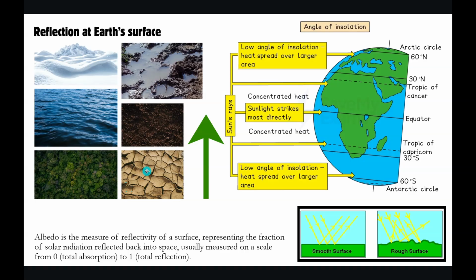See here, rough surface, completely dry soil, high reflectance, high albedo. You keep adding a little water to it, the color starts becoming darker and darker and darker. And then when that soil gets completely saturated at its brim point, that is when you will see it has the darkest color, that is lowest albedo. And then if you add even a little more water, that water starts showing up as a thin film of water layer on the soil, and now that will have a planar, smooth surface.